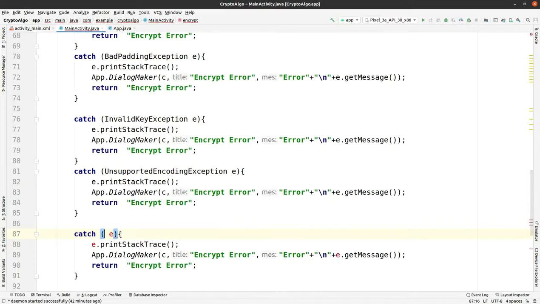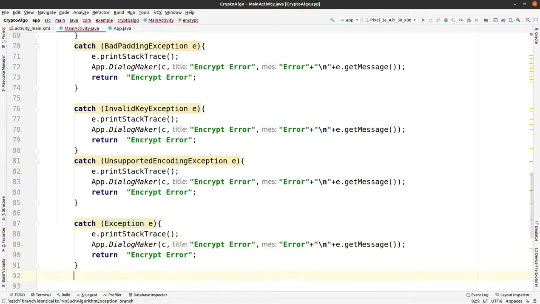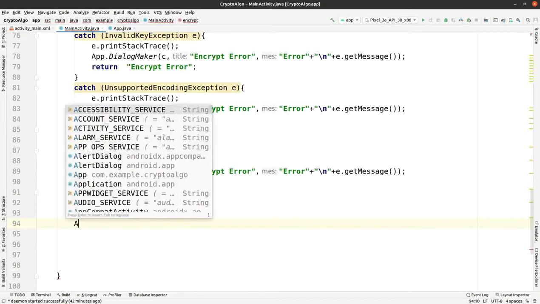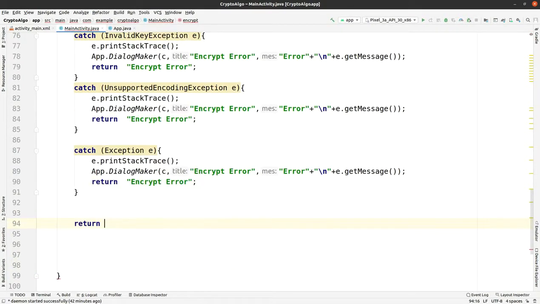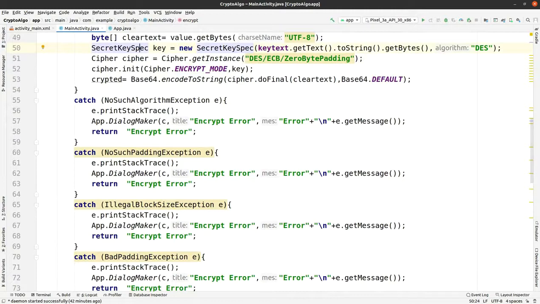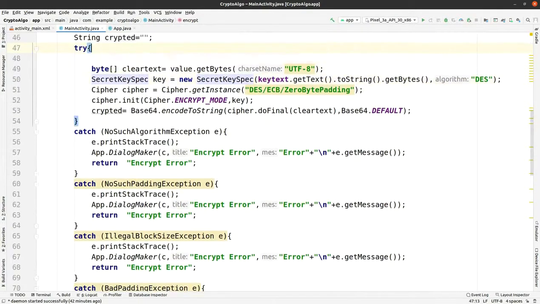So we have handled all the possible exceptions that we could face while making the encryption in our app, and we have handled it pretty well. Then we will be passing the encrypted text, and it is of type string. So this is done. We are using the DES algorithm for the encryption purpose in this project, and it is done by using Cipher, and we are also getting a key for it, and the key is of 8 characters